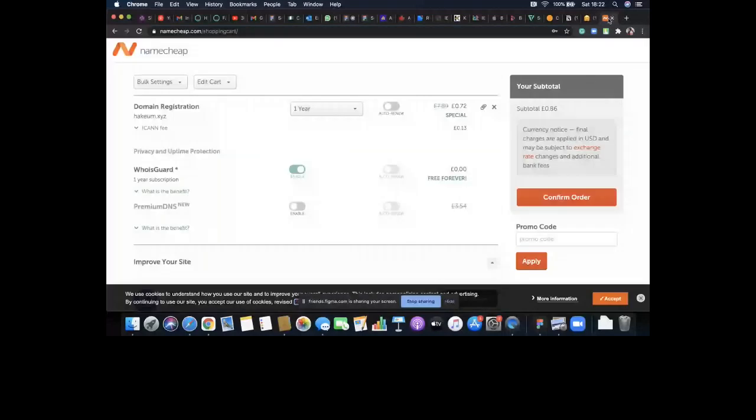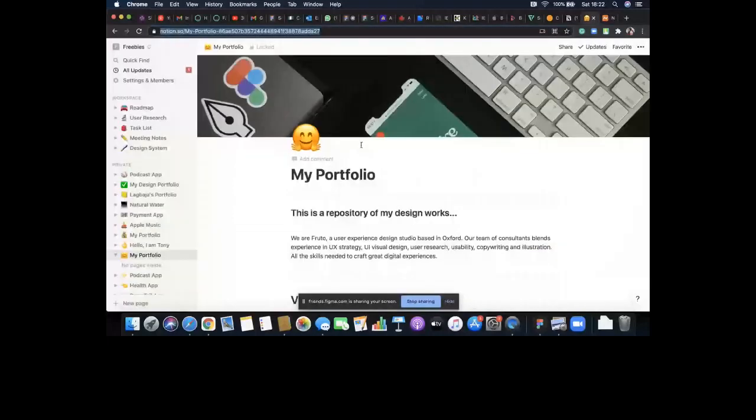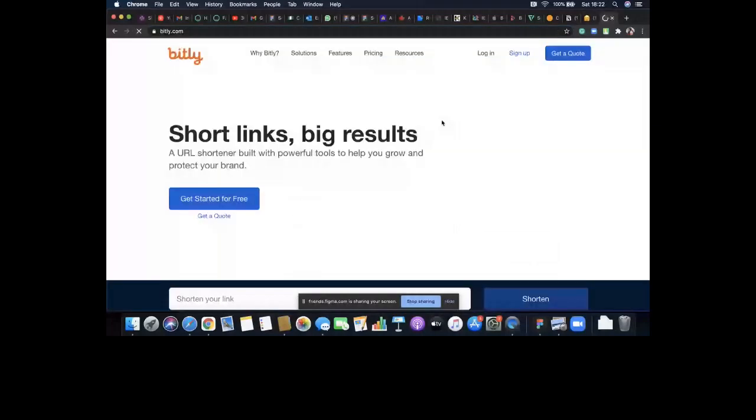So anybody that comes to www.lagbaja.com will simply be redirected here. The easy thing is that you don't need a long string, just lagbaja.com. Somebody told me yesterday that he decided to use Bitly, that is bit.ly, I think. With bit.ly you can easily shorten the URL, and you can customize it to your name. I think Google has closed their own shortener.